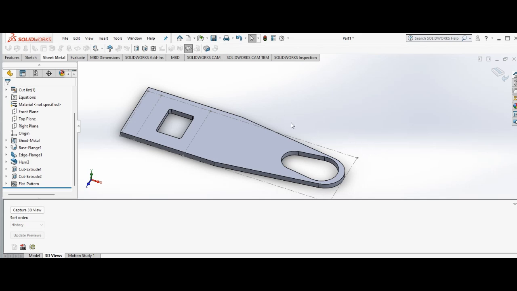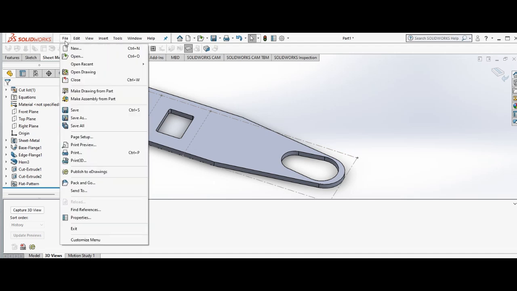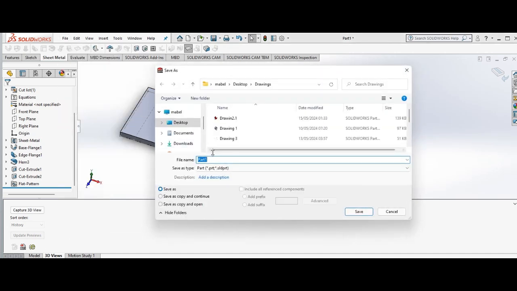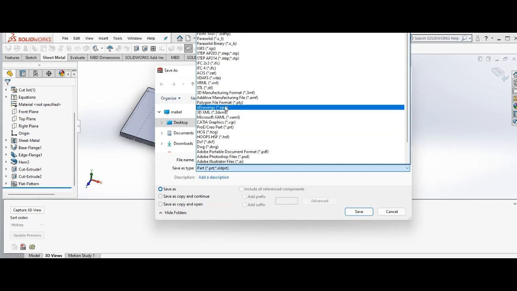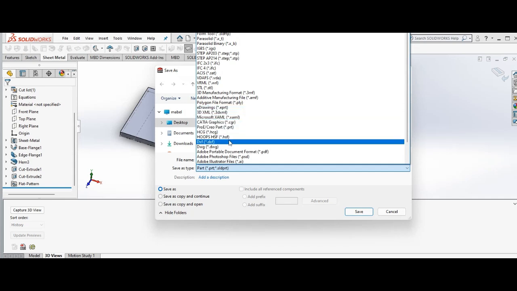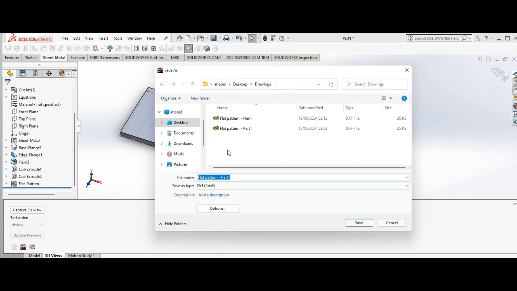So now if you want to use it, because most sheet metal work is done on CNC machines, if you want to use it on a CNC machine, what you need to do is save it as a DXF file. So we click file, we click save as, then you come to the save as type, select. You see the option here. Okay, DXF file. You select DXF file under save as type,